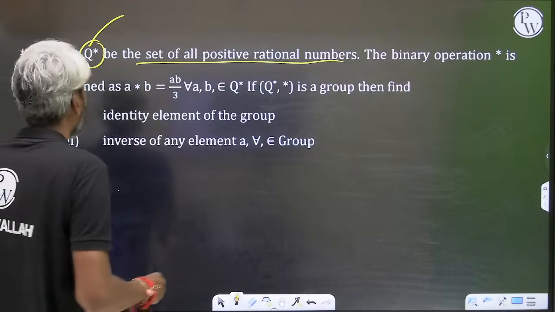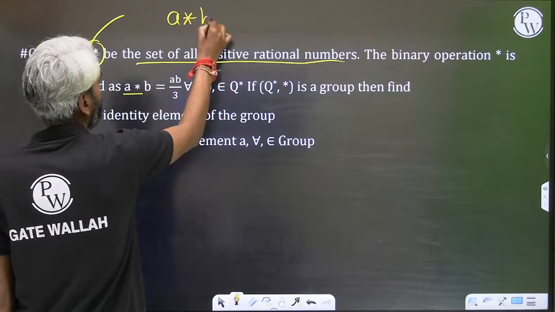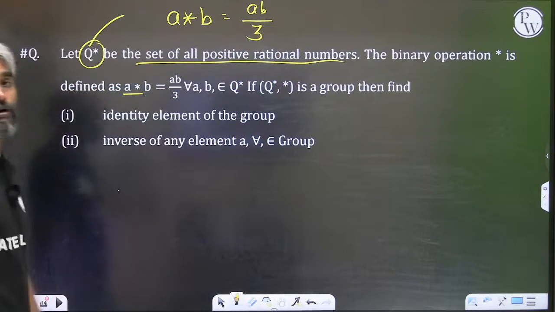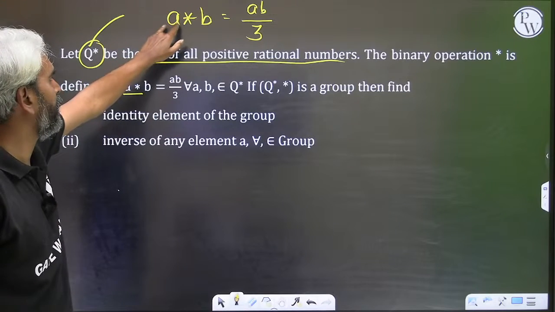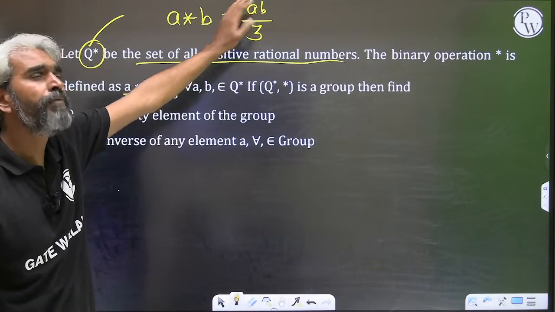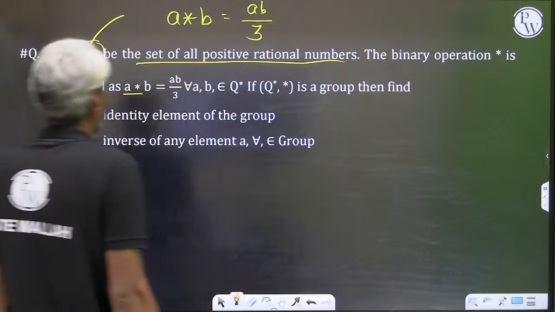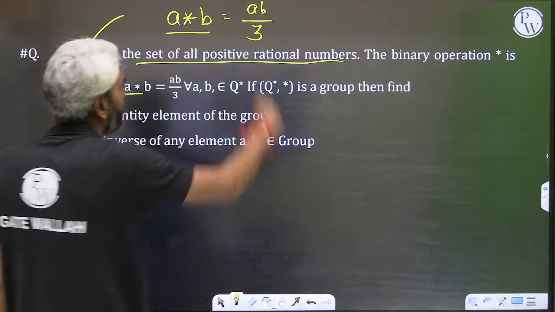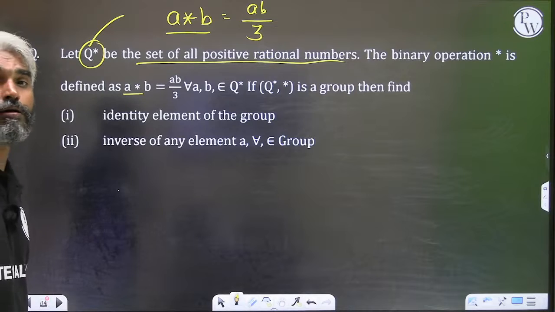The binary operation asterisk is defined as, sir, if you take two elements A and B, then A asterisk B is defined as the multiplication of A and B divided by 3. So if P by Q is R by S, then the result will be PR divided by 3QS. Something like that, right? So the idea is, if you have two elements A and B, the binary operation A asterisk B is defined as AB by 3 for all elements A and B belonging to the set of all positive